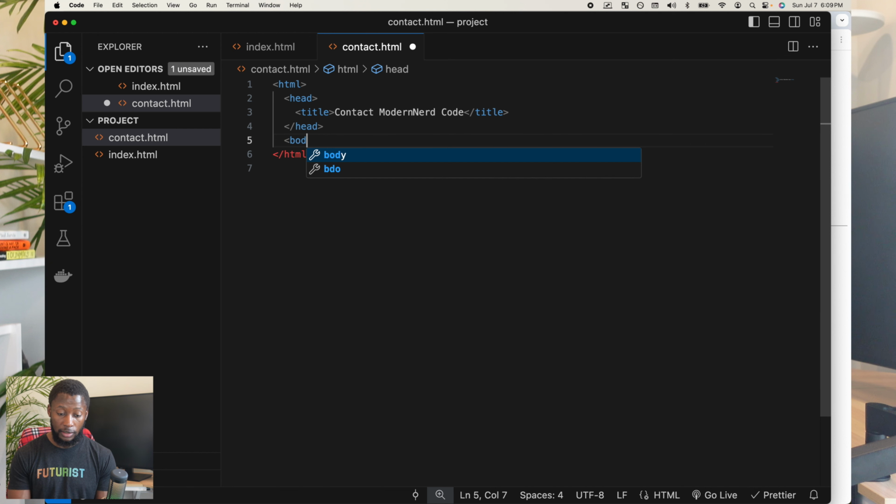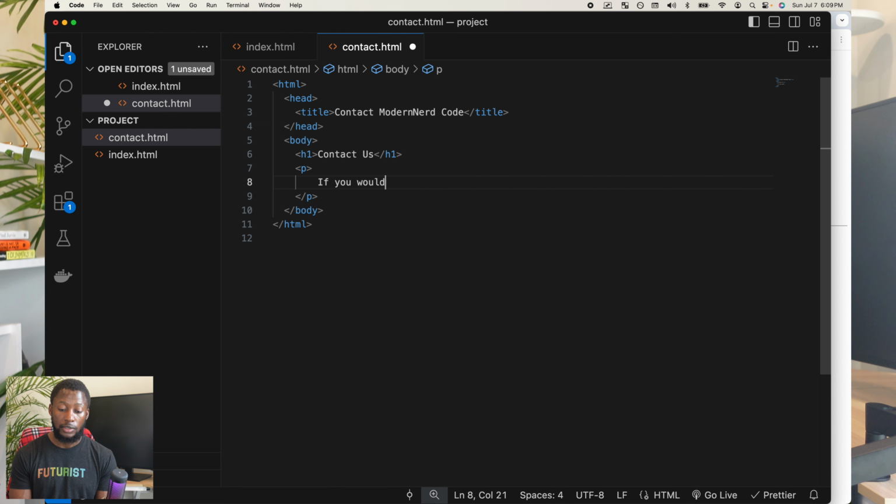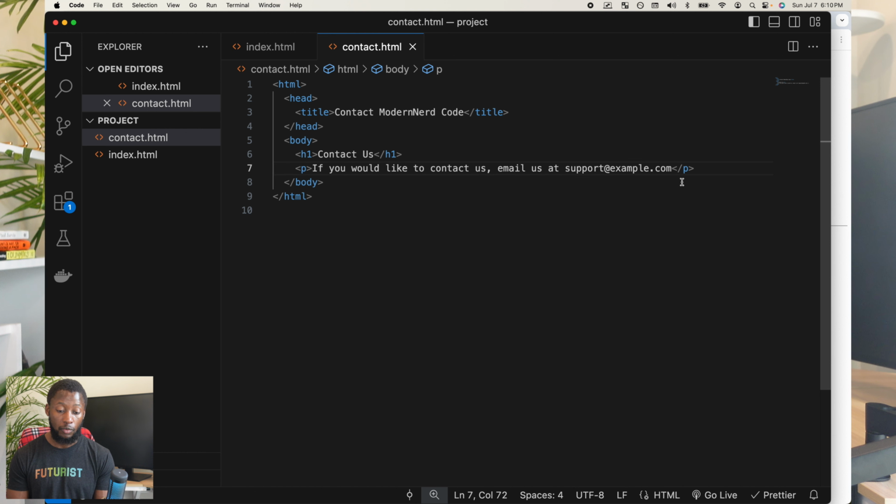Now we need a body, and we need a paragraph and a header, and in here it will say contact us, and the paragraph will say, if you would like to contact us, email us at support@example.com. This is not a real email, it's just an example email, and that's how we'll tell people to contact